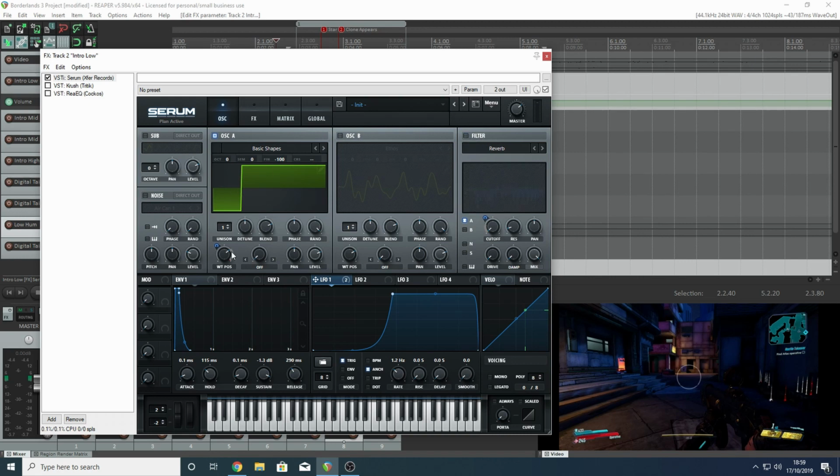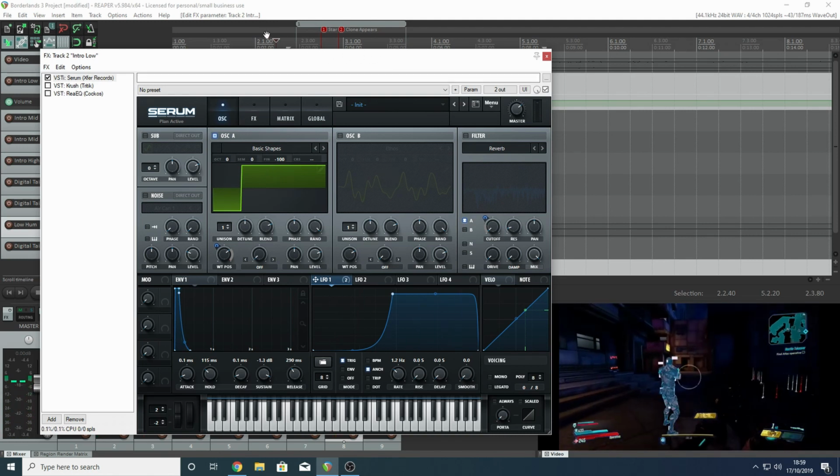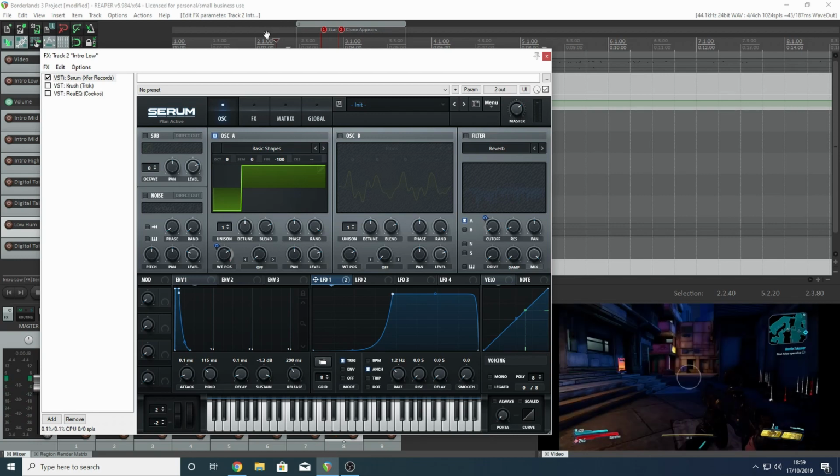So now we've just got oscillator A and the waveform it starts on, which is this square wave here. So let's quickly have a listen. There you go, not very interesting, but it's a start. It's low, it's nice and bassy, we can work with it. So, first thing I did,